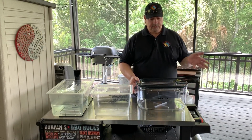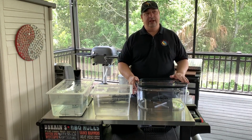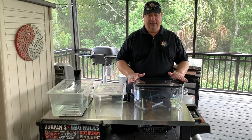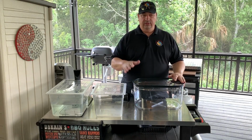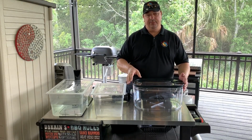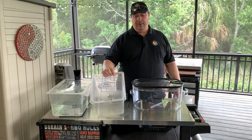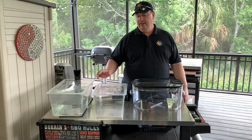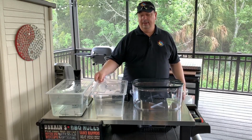So when I see people say, oh, this is ridiculously expensive, I don't need it, it's too expensive, I don't want it. All the people that say this is way too expensive compared to some of these cheap ones, when you really think about it and you add up all the things that are built into this particular unit compared to some of these cheapo polycarbonate, Lapavi, or whatever brand sous vide type containers are out there,